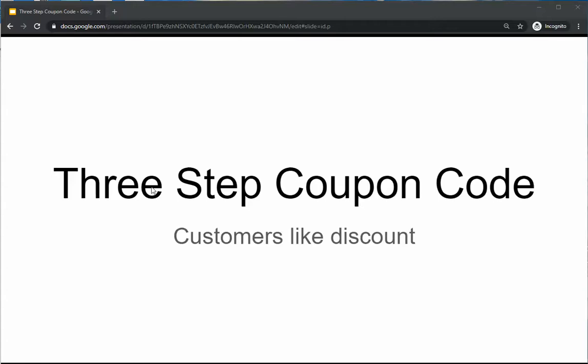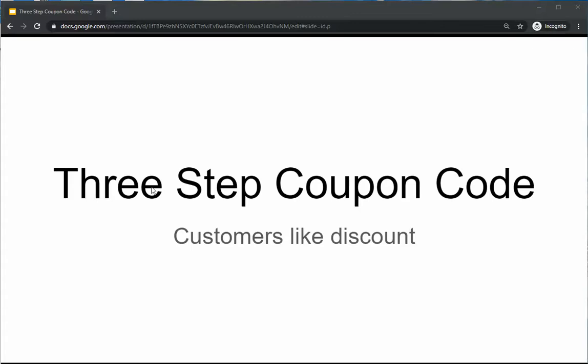Everyone loves coupons. So creating coupon codes for your WooCommerce based website is a good marketing strategy to generate more leads. So here I'll show you how quickly you can create a coupon code system for your WooCommerce based website in very easy 3 steps. So this is just a top view.